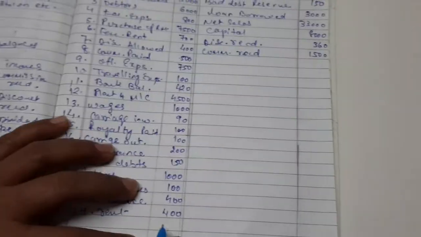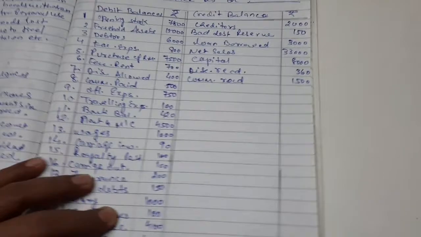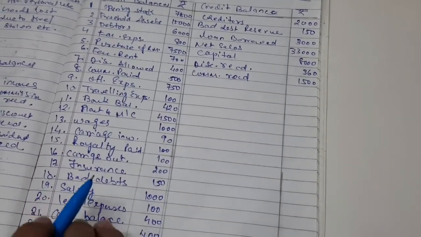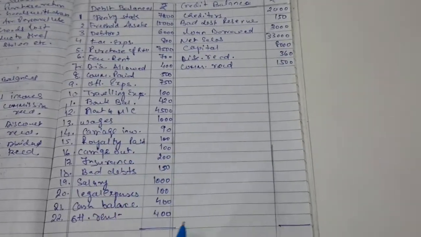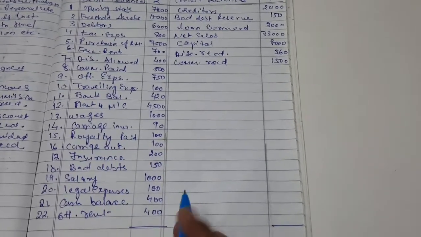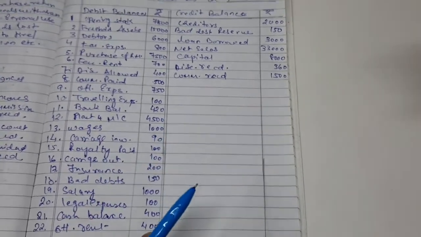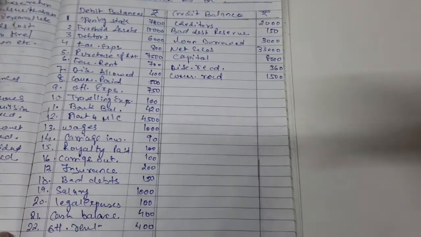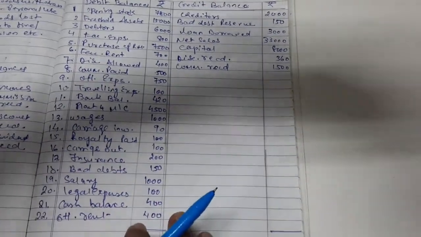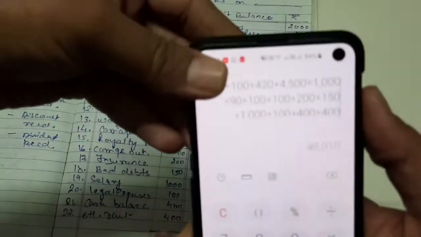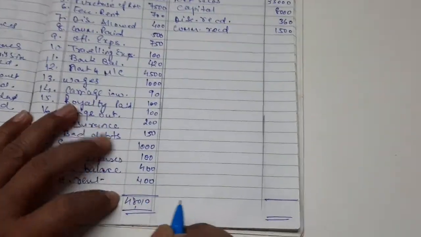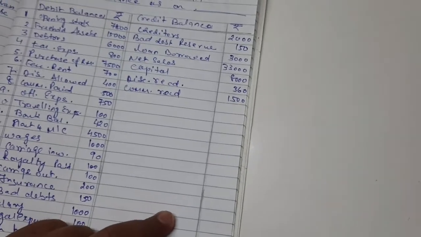So now we will total both the sides. Because our sum is over, we have taken each and every account and have written it down in the respective column. Now we will total both the sides. So on the debit side, if we total, I have done it in the calculator. As you can see, the total of the debit side is 48010,